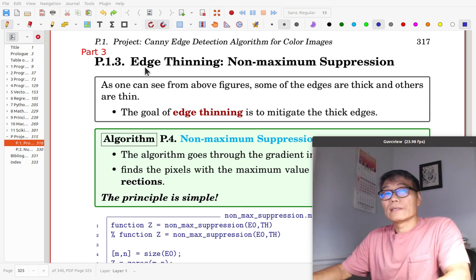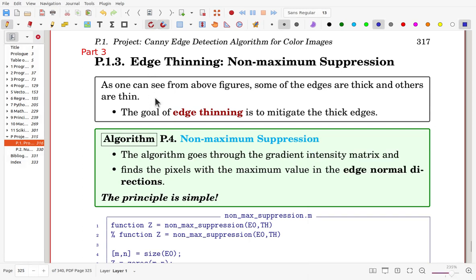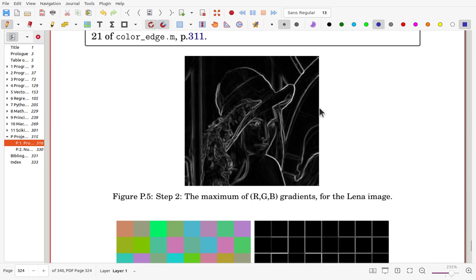Here is the third step, edge thinning, non-maximum suppression. As one can see from the above figures, some of the edges are thick and others are thin. Let's see the gradient magnitude figure. Some are thick and some are thinner. And here the assumption is that the edge center